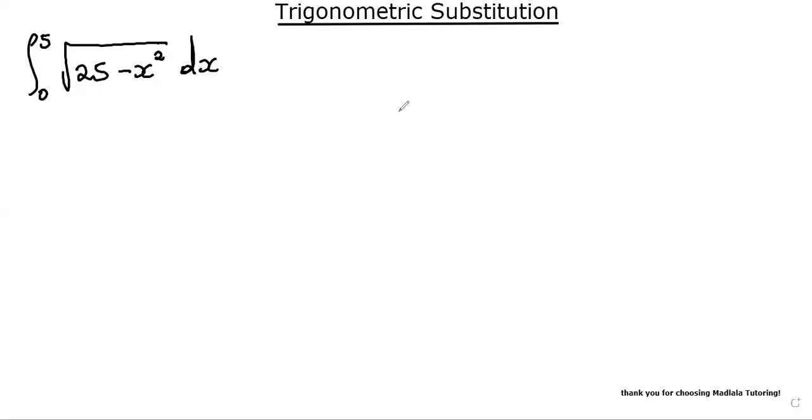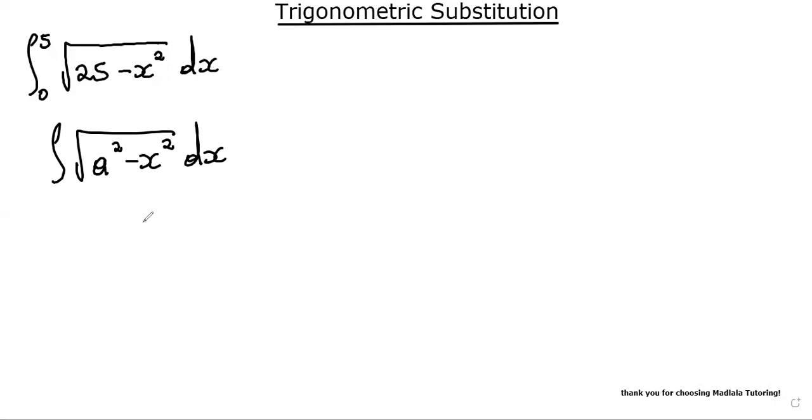So let's say for reasons known to themselves, they choose to ask you to evaluate this integral. Well, you can try this using integration by substitution as well as by parts, but you're going to fail dismally. And the word dismally means you fail without any chance of success. So the correct integration technique we must use is trigonometric substitution, because this integral is in the form a squared